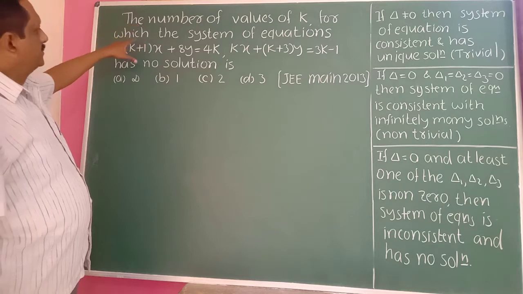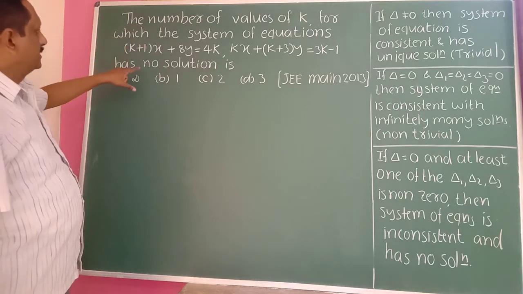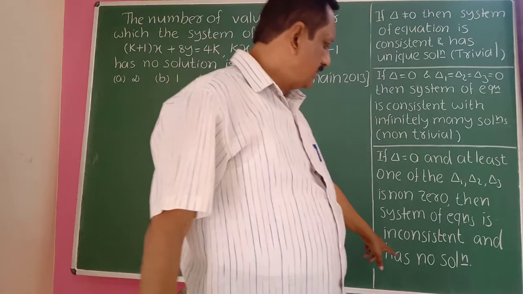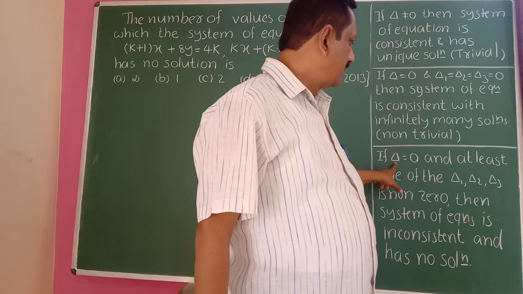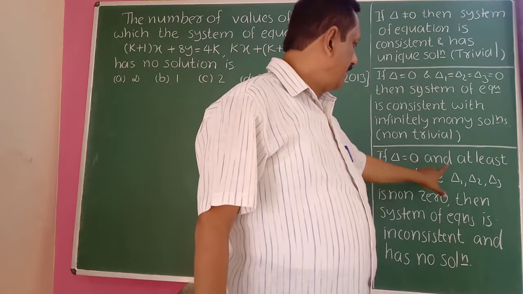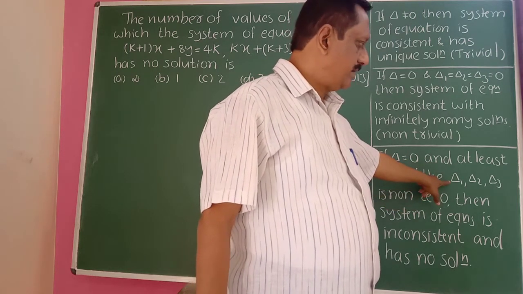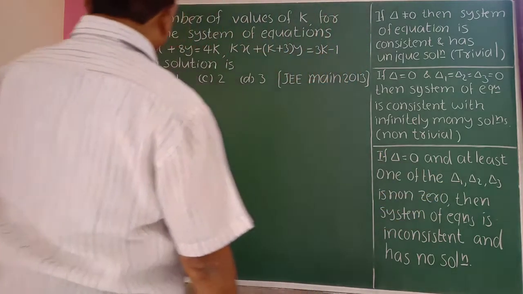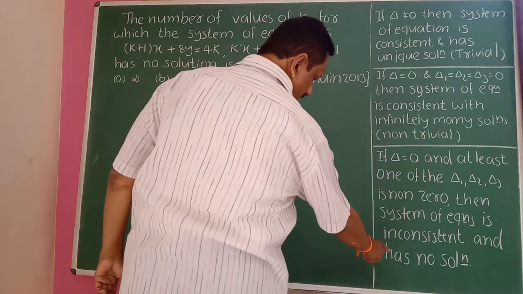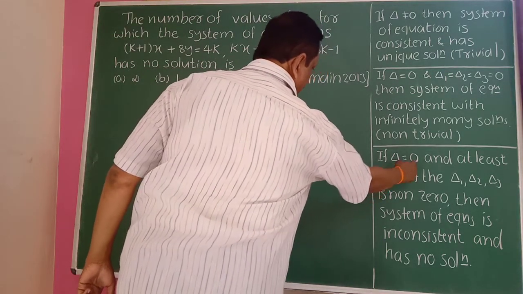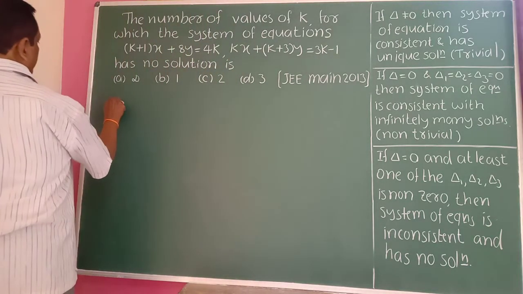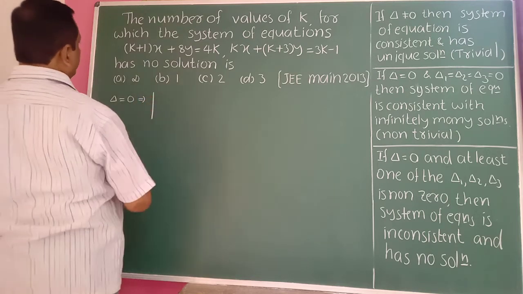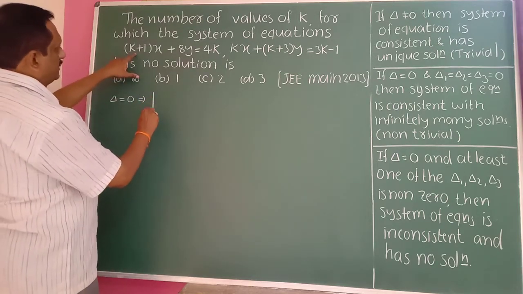The number of values of k for which the system of equations has no solution. In other words, if the system has no solution, in that case delta is 0, and at least one of the determinants delta 1, delta 2, delta 3 is non-zero. Yes, if a system has no solution, then obviously delta is 0. So delta is equal to 0 implies determinant of k plus 1